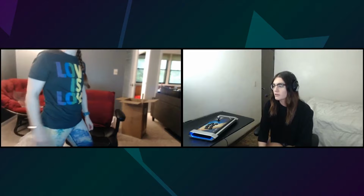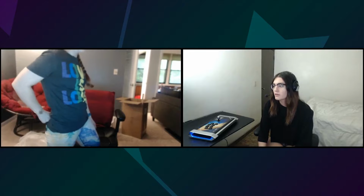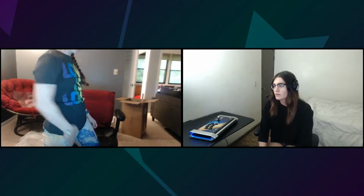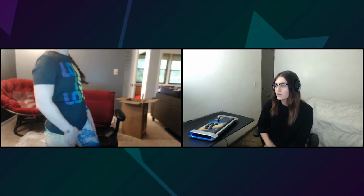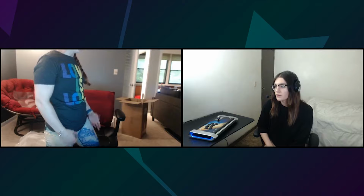Hip flexor stretch. For your hips and for your low back. Yep, so the hip flexor stretch is about opening up your hips across here. You'll be in a kind of lunged position, one foot forward, one foot back, and you're just pushing that back hip forward and toward the ground so you feel a stretch right across the front of your hip. For those of us who spend a long time sitting, this tends to get pretty tight. Doing this hip flexor stretch really helps open up that hip space again, so you're not getting too tight and